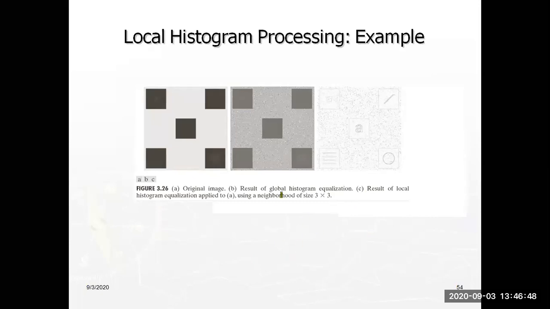Did you observe here? The first original image has black blocks, and the second image also has some black boxes, somewhat changed, but still not visible. What is inside your black box is only visible with the help of local histogram processing. There is a letter, a line, an object, and a small a, like this. So with this we can enhance our image with the help of the local histogram process.